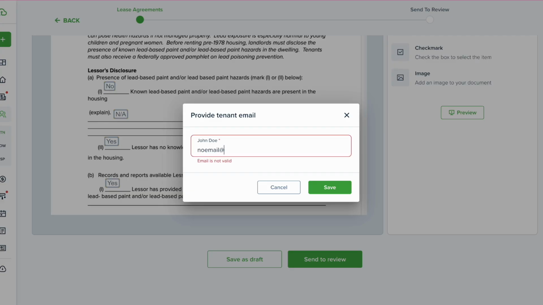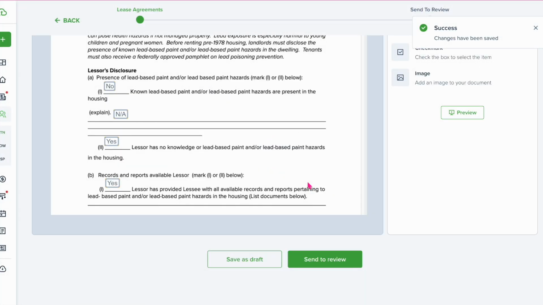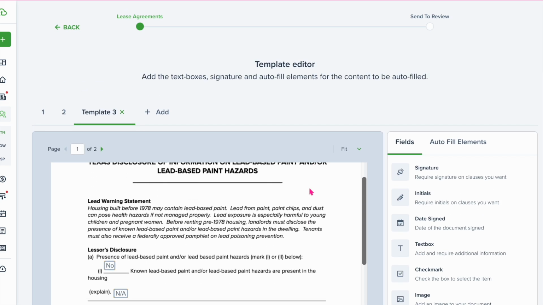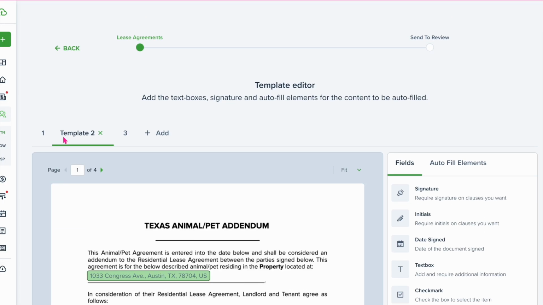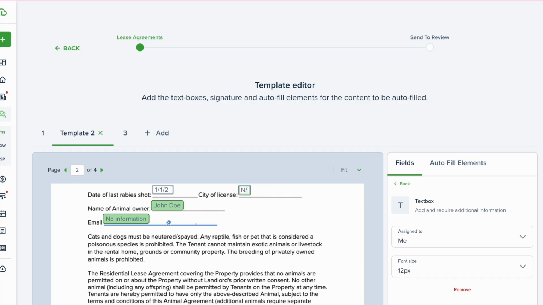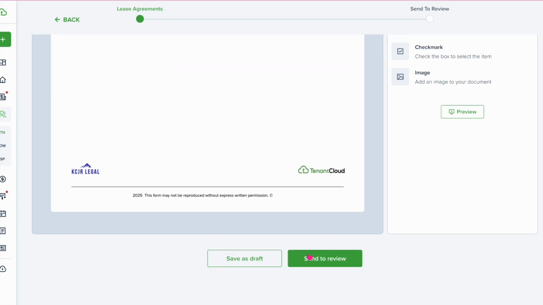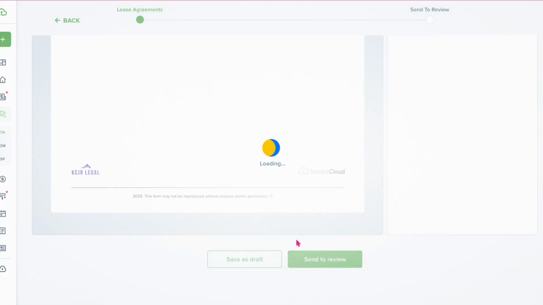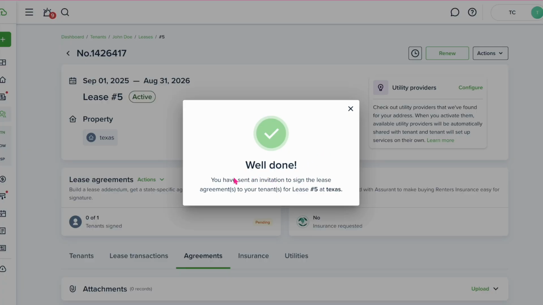It will ask for an email since I didn't have one, but it also isn't letting me send, so I will need to go through and review everything to make sure I didn't miss any boxes. And it looks like I missed a box on the pet addendum, so I'll fill that out and click Send to Review again. After it's been sent,